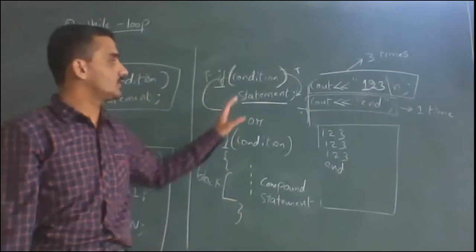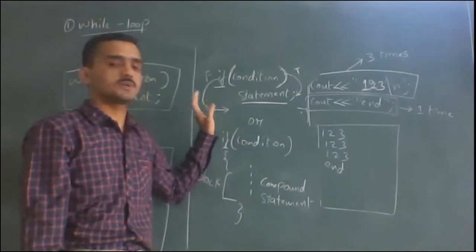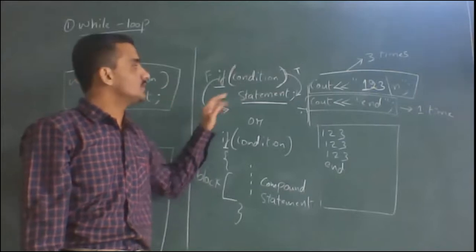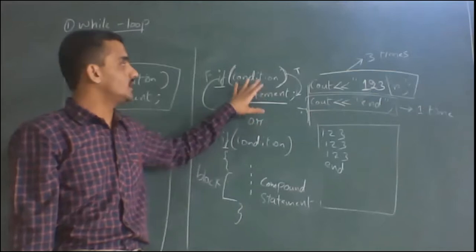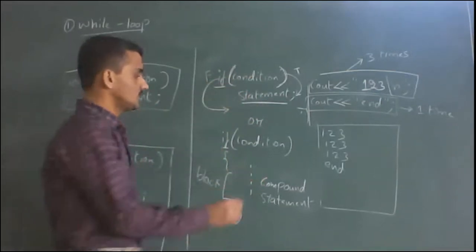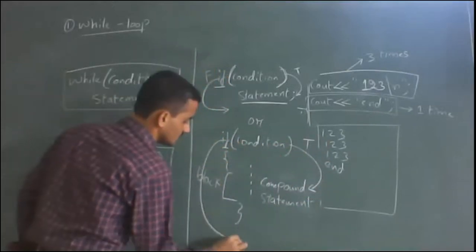Got it? Any doubts, just chat and tell. Don't hesitate. Or again, I can explain, because if you compare with the while loop, you'll understand better. The statement immediately following the condition is executed when the condition is true. If the condition is false, it is not executed. Here also, if it is true, this complete block is executed. If it is false, it is not executed.